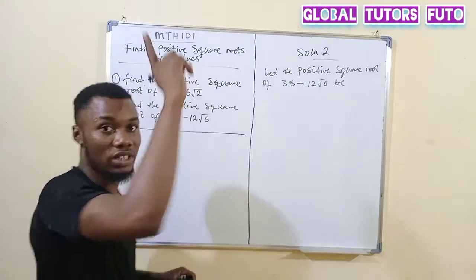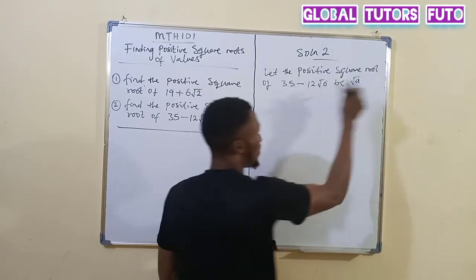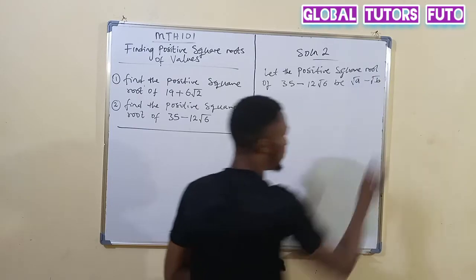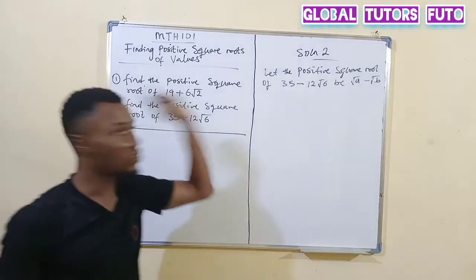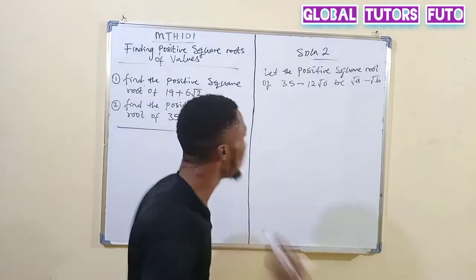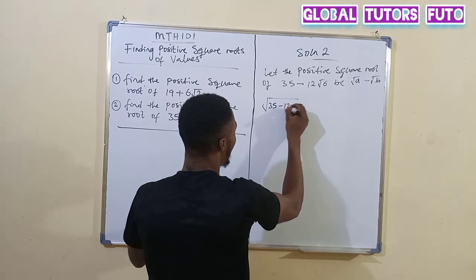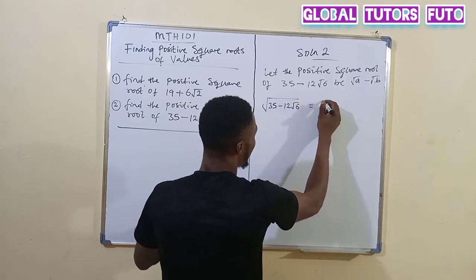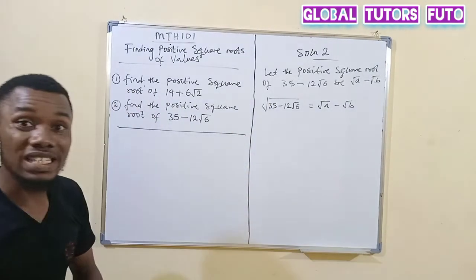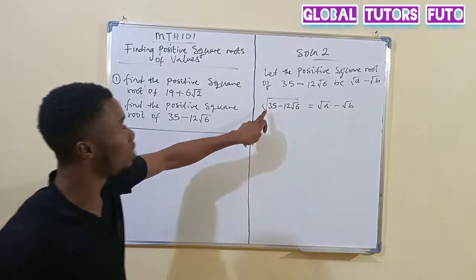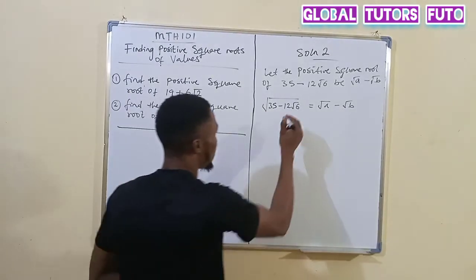So remember how we did the other one of addition. So this one now will be root A, since there is minus here, minus root B. Don't forget, the one of plus, use plus. The one of minus, use minus. Minus is here, so minus is here. So it implies that square root of 35 minus 12 root 6 will be equal to root A minus root B. So you still do the same thing you did for the other one. How do I remove this square root that is here? Square both sides.